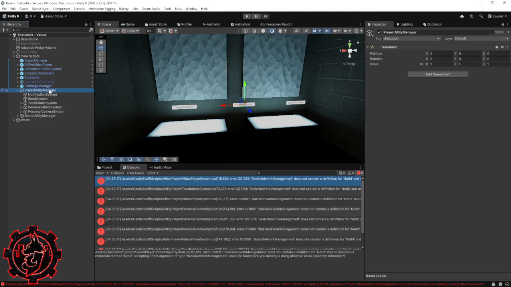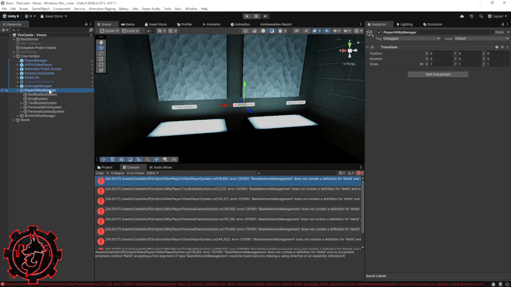Also, it's a little bit complicated how things are attached to the player, because we have this thing called the local player, and then we have simulated players over the network. The local player is you. You are the local player. When you are playing the game, you are the local player. There are some things that will be attached to you as the local player that are not necessarily going to be sent over the network. The personal mirror, for example, is a good example of a thing that will be attached to the player